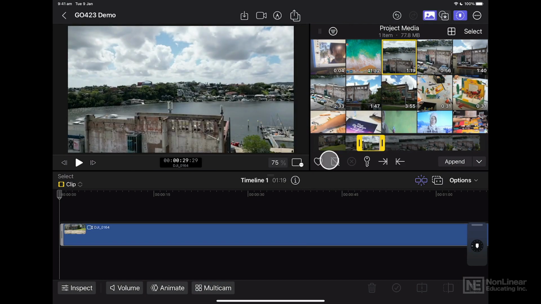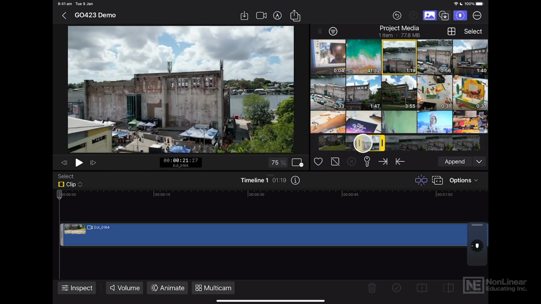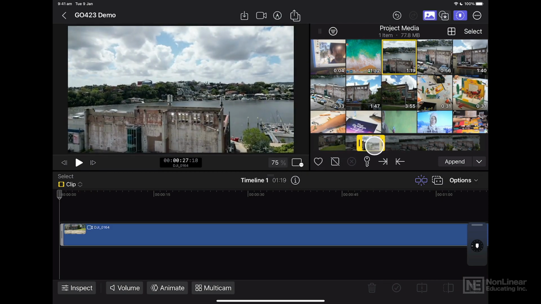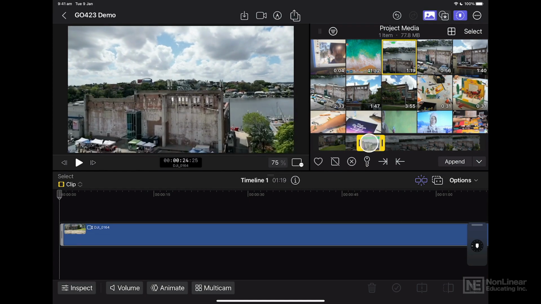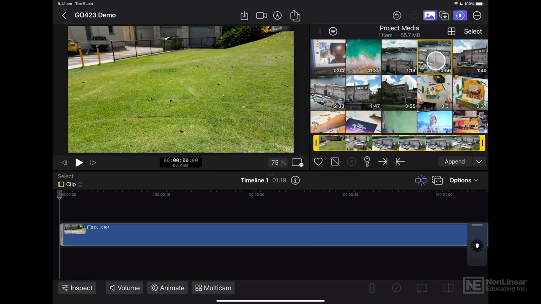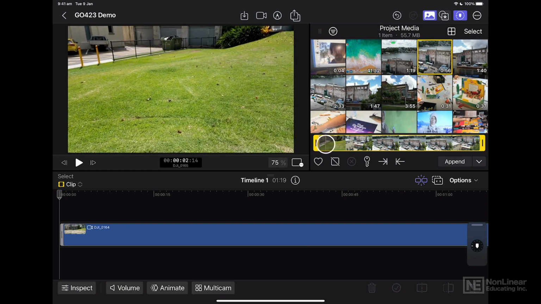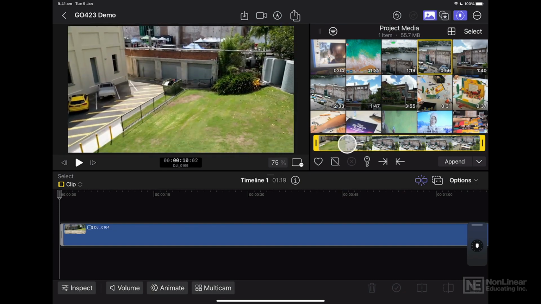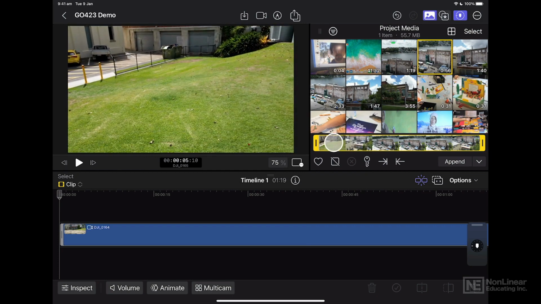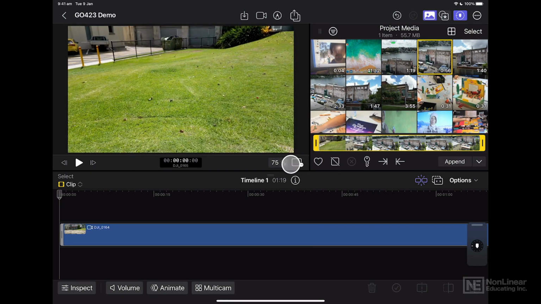And maybe rather than putting it straight on the timeline, if you like that particular move, mark it as a favorite. You'll get a little green line on top of your clip. And you can do this with every one of your clips if you like. Now, I'm using a mouse so you can see my cursor, and this does make life a little easier. But instead, I'm going to now press the play button over here with my finger,